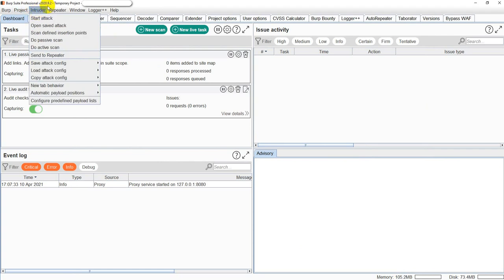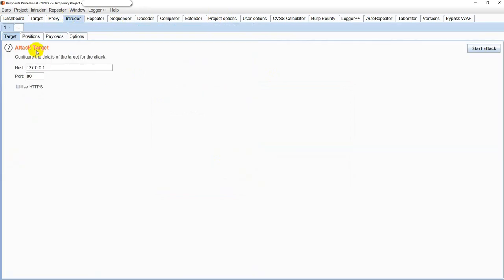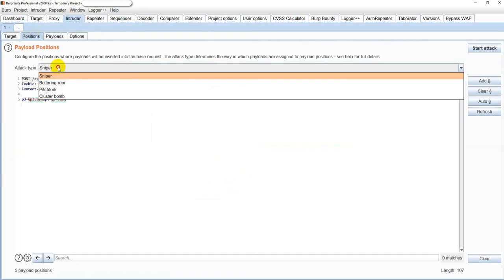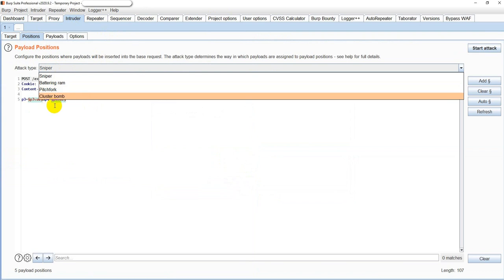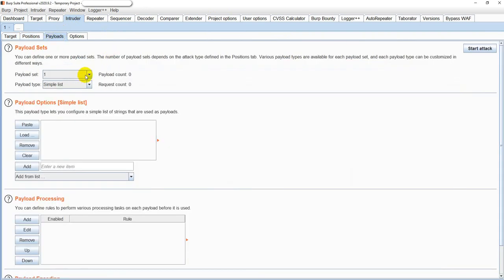Intruder is already there with the Burp Suite free edition, but here there are some tricks with Burp Suite Pro. In Intruder specifically, let me go back to the Intruder tab. Here you can see different attack types like battering ram and pitchfork, which are also there in Burp Suite Community Edition, but the real stuff is in the payload, where you have this option.